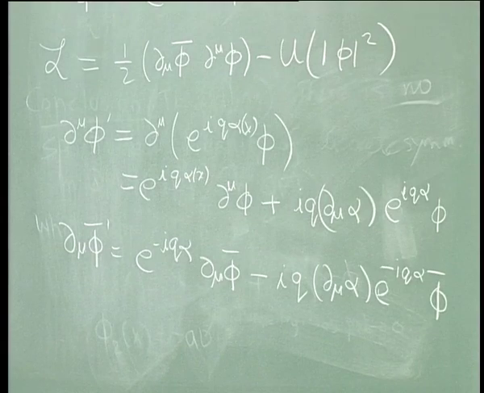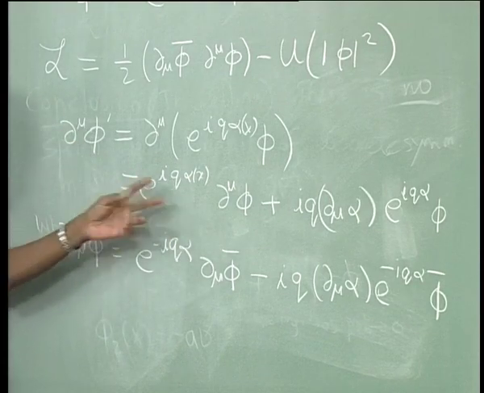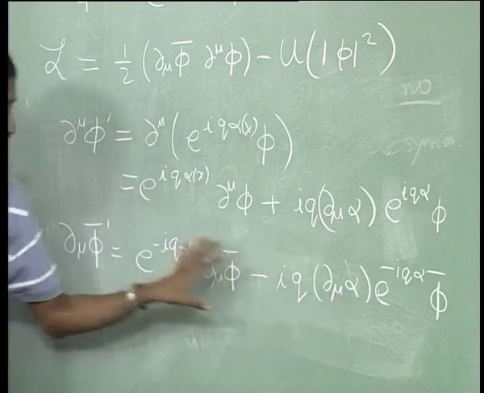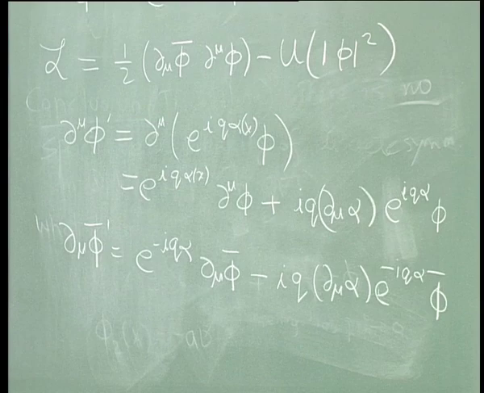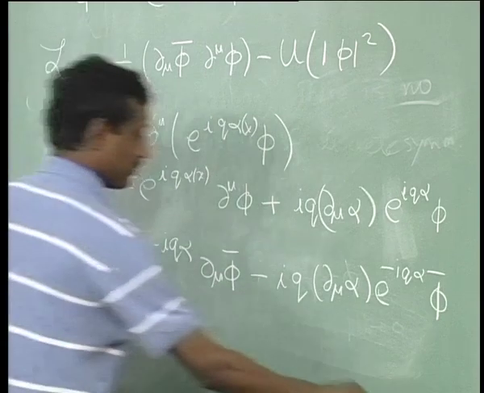Okay. So, again now you can see that when alpha is a constant, only these two terms remain, and there is a nice cancellation. Okay. So, the offending pieces are out here, these two guys,